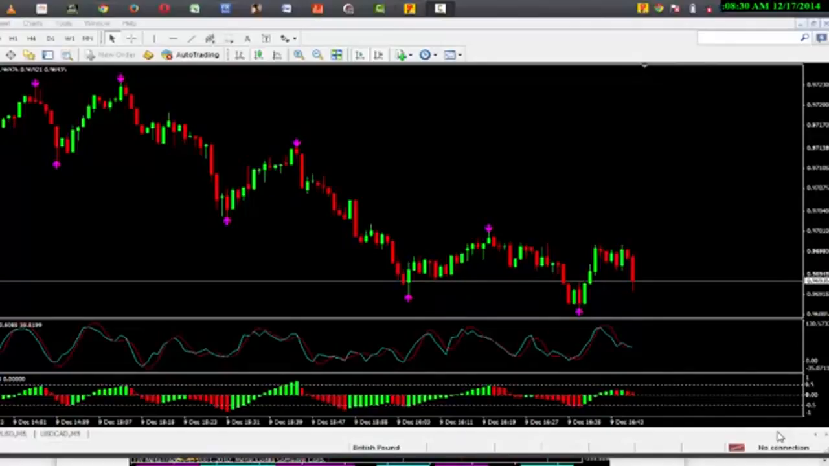So on the chart right now we have the 60 seconds strategy that I used to trade the 60 seconds expiry. So on the chart we have this. Let me show you how it works. First of all, we have the magenta arrows. So these arrows right here